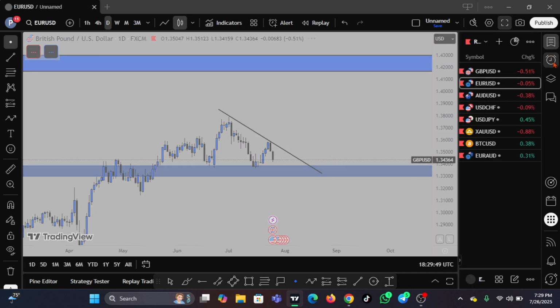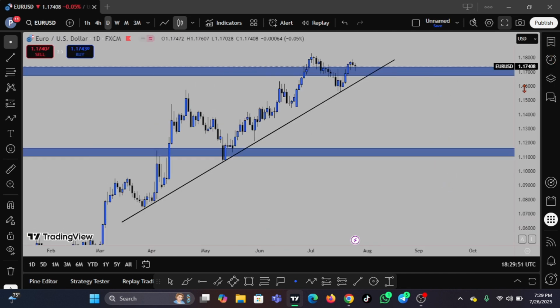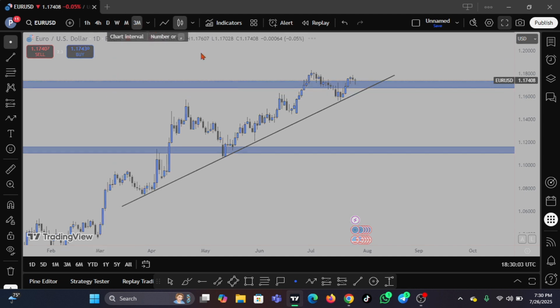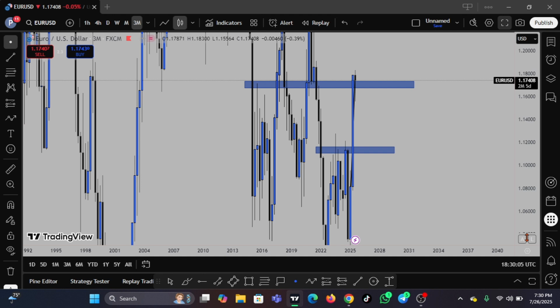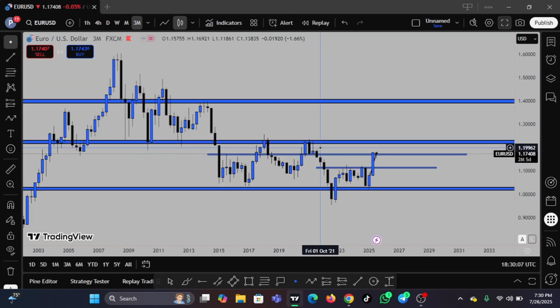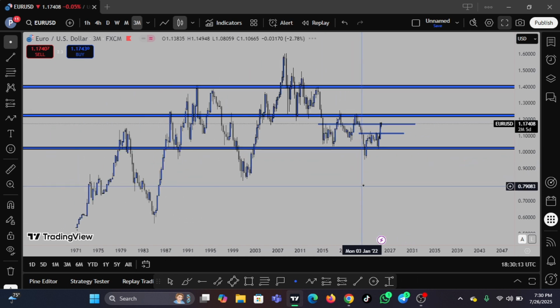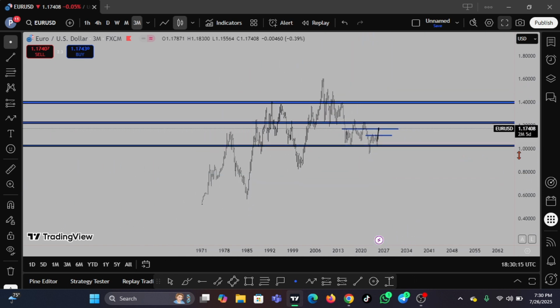Let's move to the next pair, which is Euro USD. As we know, the GBP USD and Euro USD, they are positively correlated. So similar things may happen on Euro USD. But on Euro USD, there's no chart pattern yet. Let's also start from the top to the down. Euro USD overall trend here too is bearish on 3-month charts. It's bearish. But what about if we just try to shrink our charts?